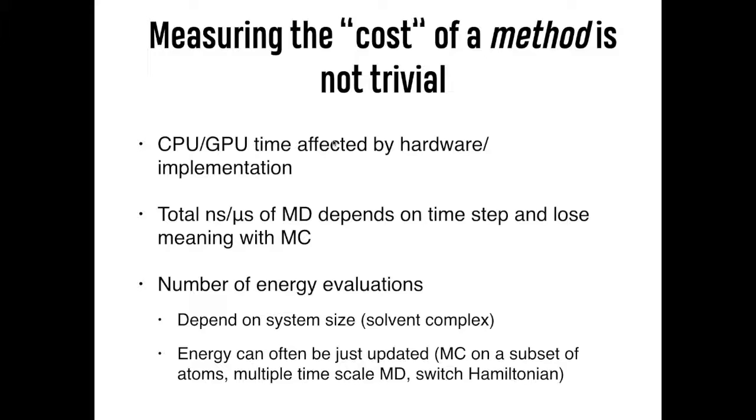The main problem is that it really depends on the system size. So two energy calculations are not the same. In many of these methodologies, we actually have two phases, a complex phase and a solvent phase, and they have two very different sizes. So depending on how much effort you spend on one phase rather than another, the cost is not going to be fair. And also, for systems of the same size, the calculations that the method requires are not always the same. So energies can be updated sometimes. When you switch the Hamiltonian, only the terms that change need to be updated. When you do a Monte Carlo on a subset of moves, you don't need to compute all the n-squared interactions